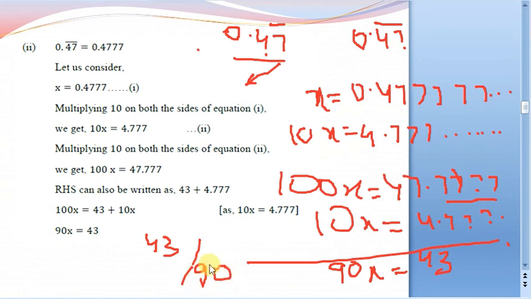There is a lot of difference between these two decimals. In the earlier one, the entire block is repeating after the decimal point, and in this one only one digit is repeating, while the other is stationary. That means it is not repeating. So this is the way we have to do it. First of all, we have to move the decimal point towards the non-repeating part, like I multiplied by 10 in this case. After that, the method is the same.